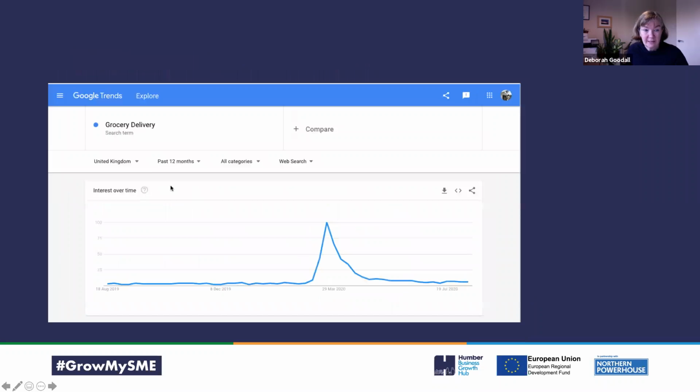You can look at this on a global or city level, and you can do interest over time, right back to 2004, right up to an hour by hour, which I can't really see the benefit of, to be honest. And again, we were looking at home grocery delivery relative to other searches. It's pretty unimportant, and then all of a sudden it's probably the most important thing that's happening on Google at that time when we all went into lockdown. Where am I going to buy my food?